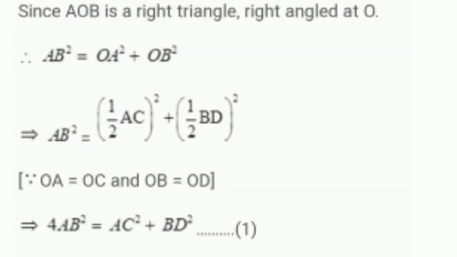Then by using Pythagoras, AB square is equal to OA square plus OB square. Now students, because the diagonals bisect each other, we can write OA as half of AC whole square. Similarly, OB as half of BD whole square. So when we simplify this, we will get AB square is equal to 1 by 4 AC square plus 1 by 4 BD square. We will transfer 4 to the other side, so we will get the result as 4 times AB square is equal to AC square plus BD square. And instead of writing 4 times AB square, we can write AB square plus BC square plus CD square plus DA square, which is the required result.